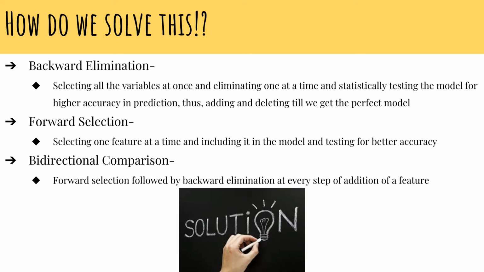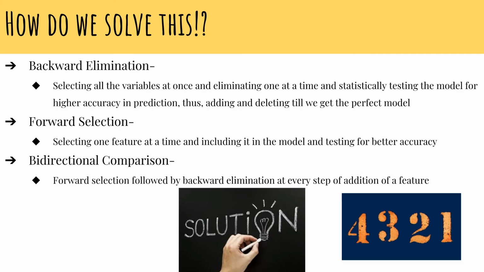We look at these solutions in greater depth, but let me just give you a brief idea. There are three ways which you can solve this problem. Well, there are many ways, but just focusing on what's really important right now, it's backward elimination. Now, as the name suggests, backward elimination is a process where you actually add all the independent variables at once in your data set, and then start eliminating one independent variable at a time, with constant checking